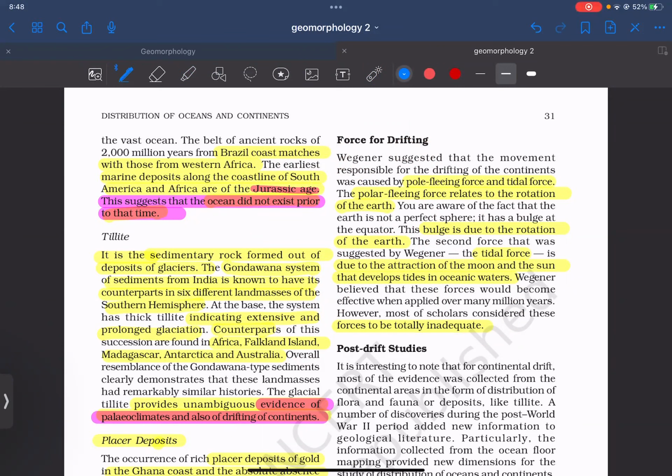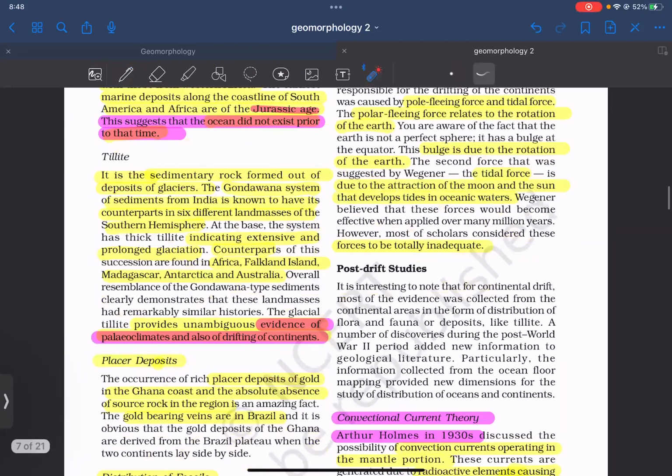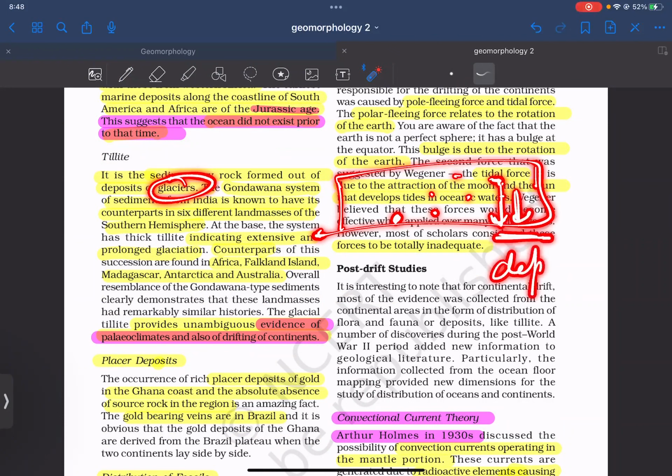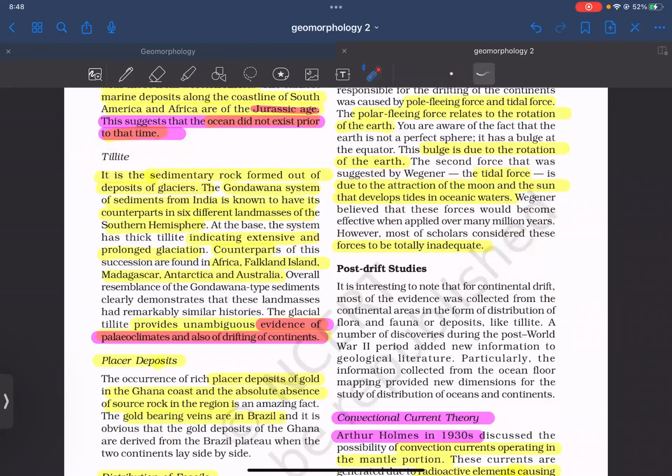और ये क्या सजेस्ट करते हैं कि पहले अफ्रीका और साउथ अमेरिका के बीच में कोई ओशन भी नहीं था। ये भी लिख सकते हैं: टिलाइट डिपॉजिट्स। टिलाइट, बेसिकली जो ग्लेशियर्स डिपॉजिट करते हैं सेडिमेंट्स। ग्लेशियर्स मूव कर रहे हैं, सेडिमेंट्स इकट्ठा अपने साथ लेके चल रहे हैं, और जब वो मेल्ट होना स्टार्ट होंगे तो वो सेडिमेंट्स नीचे सरफेस पे गिर जाएंगे, उसे डिपॉजिट्स बोलते हैं। तो डिपोजिशन बाय ग्लेशियर्स, दे आर नोन एज टिलाइट्स, ध्यान रखना।